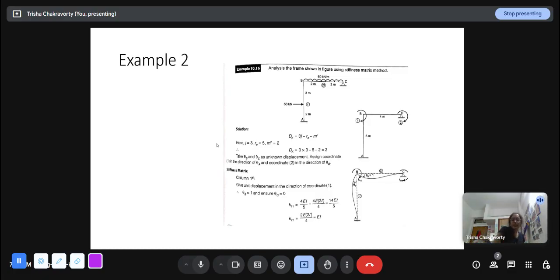So my degree of kinematic indeterminacy is again 2, 3 into 3 minus 5 minus 2. So theta B and theta C are my unknowns. This is a rotation here and a rotation here. So theta B and theta C are my unknown displacements. I call theta B my coordinate 1 and theta C my coordinate 2. So the stiffness matrix,